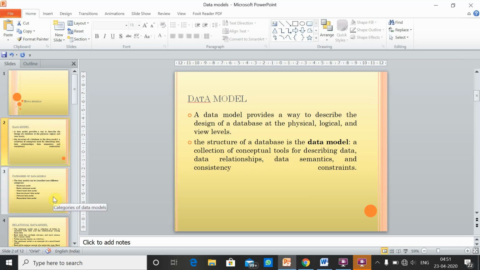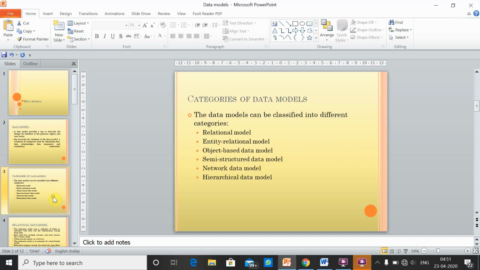Now, there are different data models which we can choose for defining our own database. So, we'll look into some common database models that already exist and which will be suitable for us to use. Now, categories of database models.